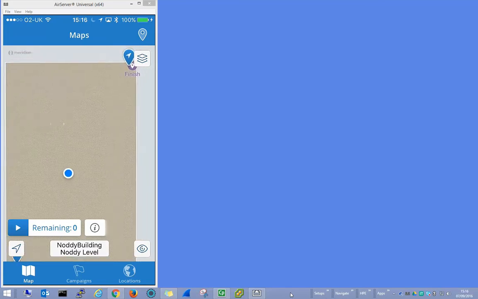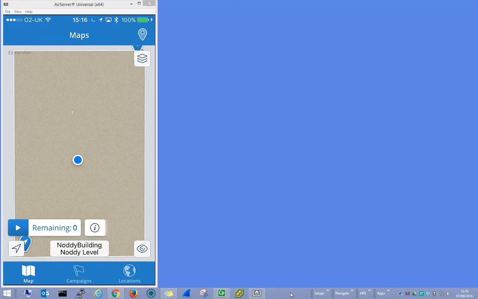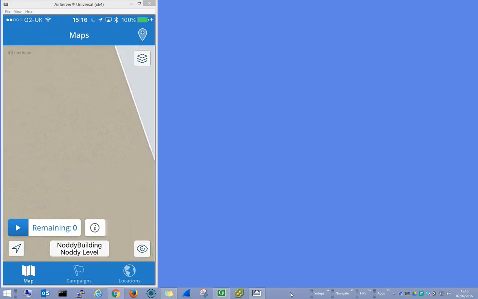But only because I happen to know, if we zoom in to a beacon, that's the beacon near the finish here, we can start to see that the app is showing the beacon signal level, and there it is. It's just that that level is being scaled against the map scale,